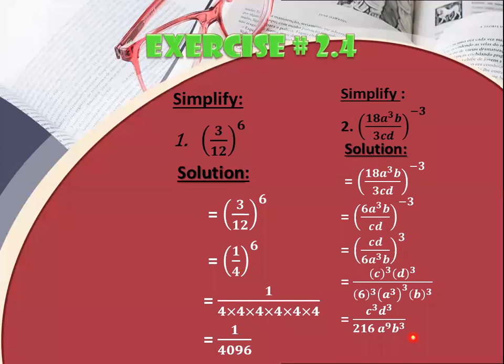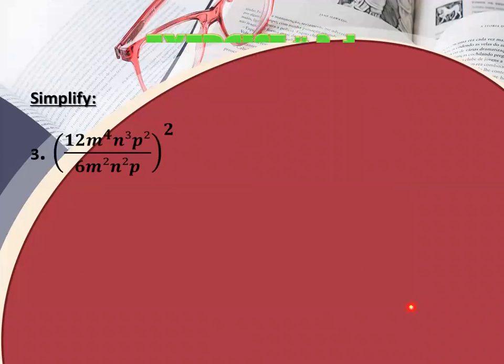Now let's do some more questions. The next question again has a numerator and denominator, and the exponent is 2. This is very simple, and as you can see, nothing is negative, but each one has its own power. So here you have power of the power. So what you will do,